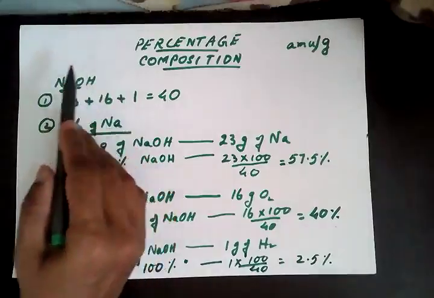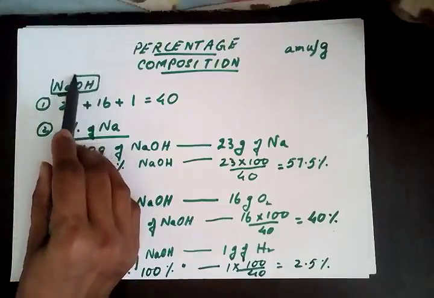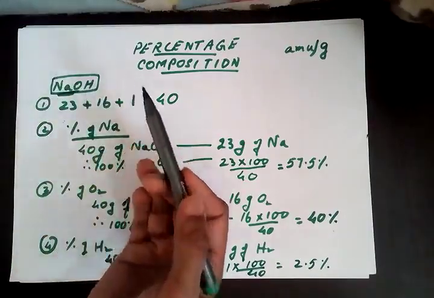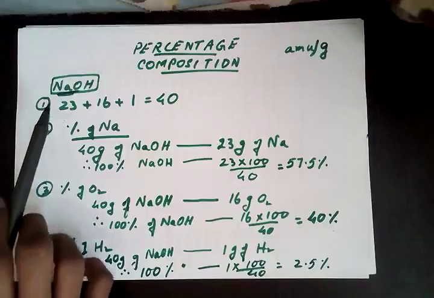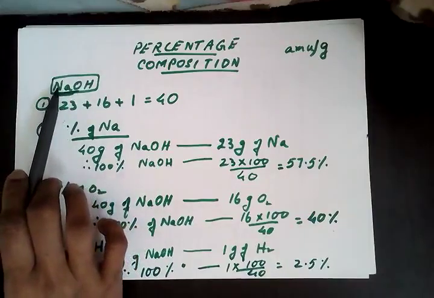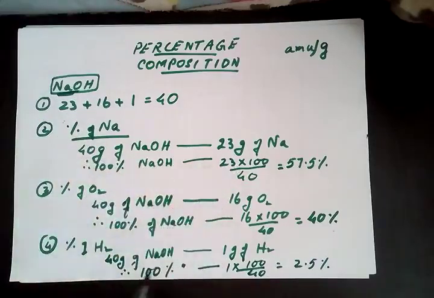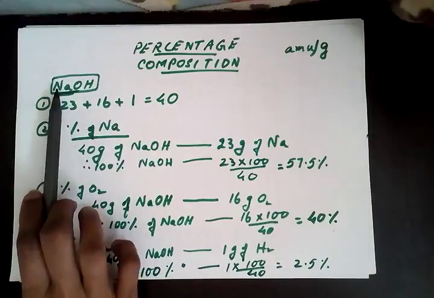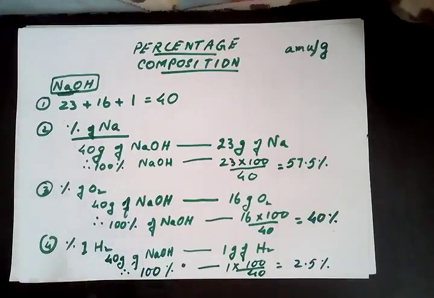In this topic, percentage composition, you will get questions where you are supposed to calculate the percentage composition of all elements of a given compound. We may also ask you to find the percentage composition of any one particular element, like only hydrogen, or only sodium. In that case, if I ask only about sodium, you do only this calculation, with no need of doing the remaining. If the question says find the percentage composition of all the elements, then you write down the percentage composition of every element present in it. This is much easier. We can even find out whether our values are correct or not.